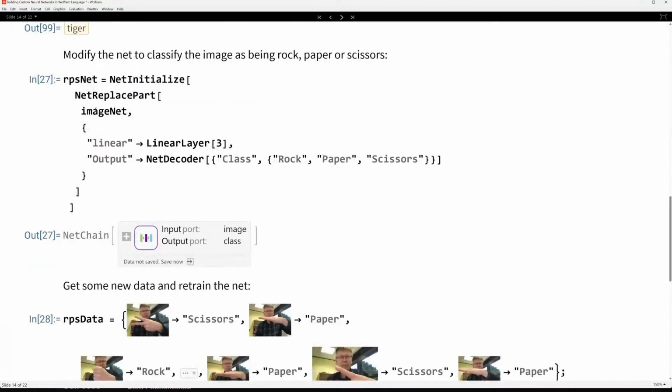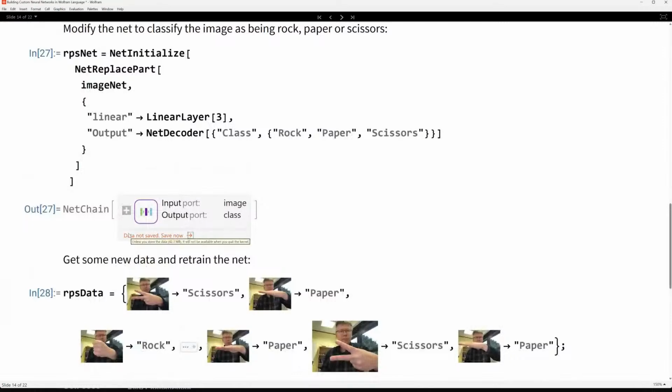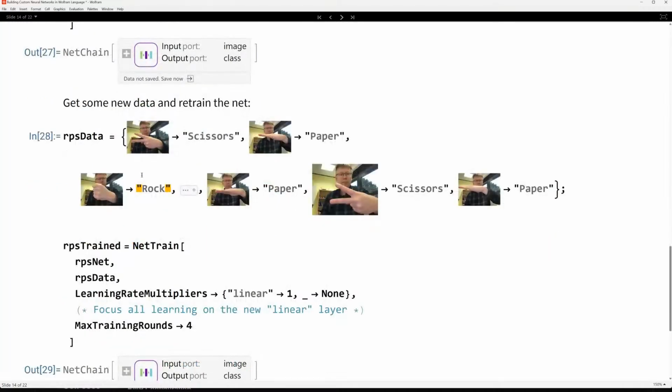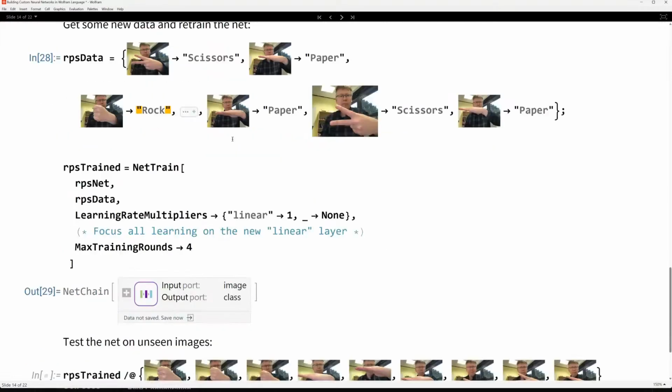So I've already retrained this. Here I've got some more ground truth data: some scissors, some paper, some rock. I've got this fashion of inputs mapped to ground truths, and now I can go ahead and retrain that